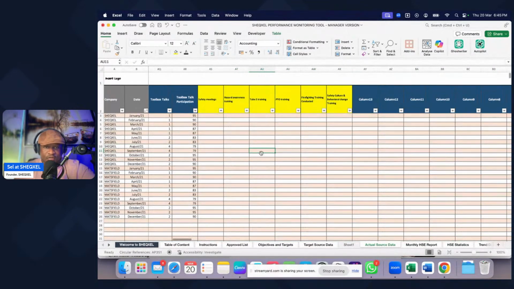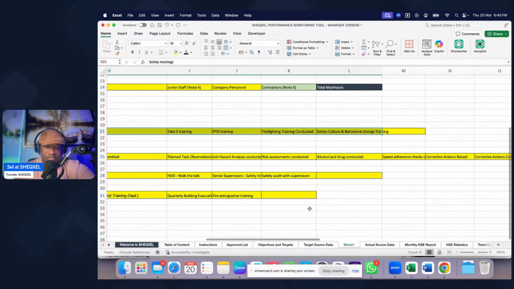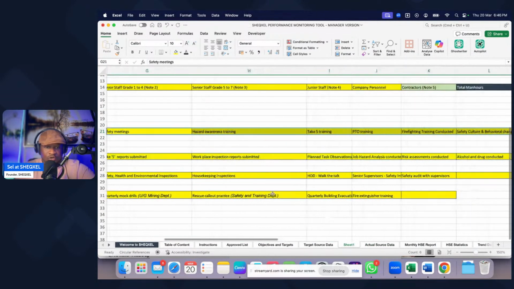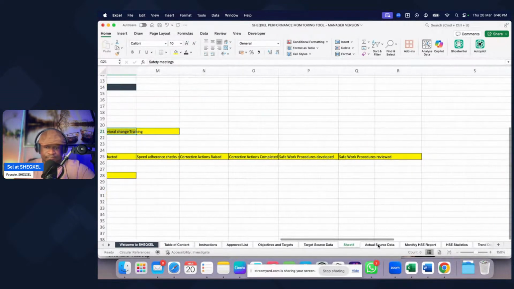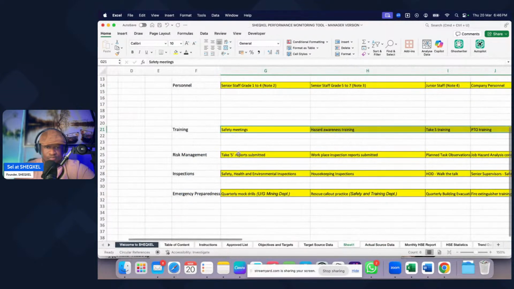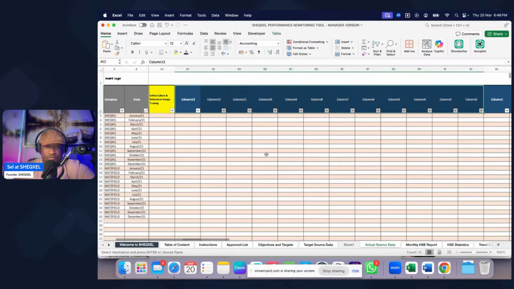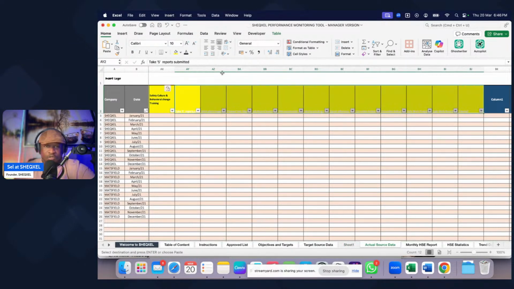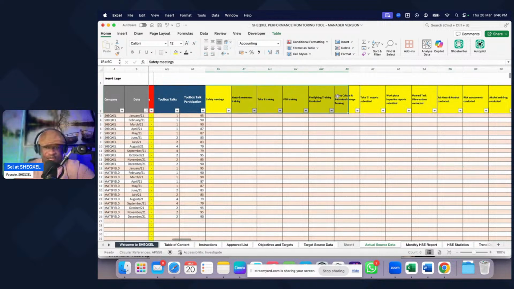Okay, so they are in here. Safety meeting. Okay, let's see. I think we have safety meeting already, but the wording is a bit different. Okay, so we have 1, 2, 3, 4, 5, 6, 7, 8, 9, 10, 11, 12, 13. About 13. So let's see, we have space for it. We can accommodate that. So let's go and grab it. Okay, so we have those entries in there,